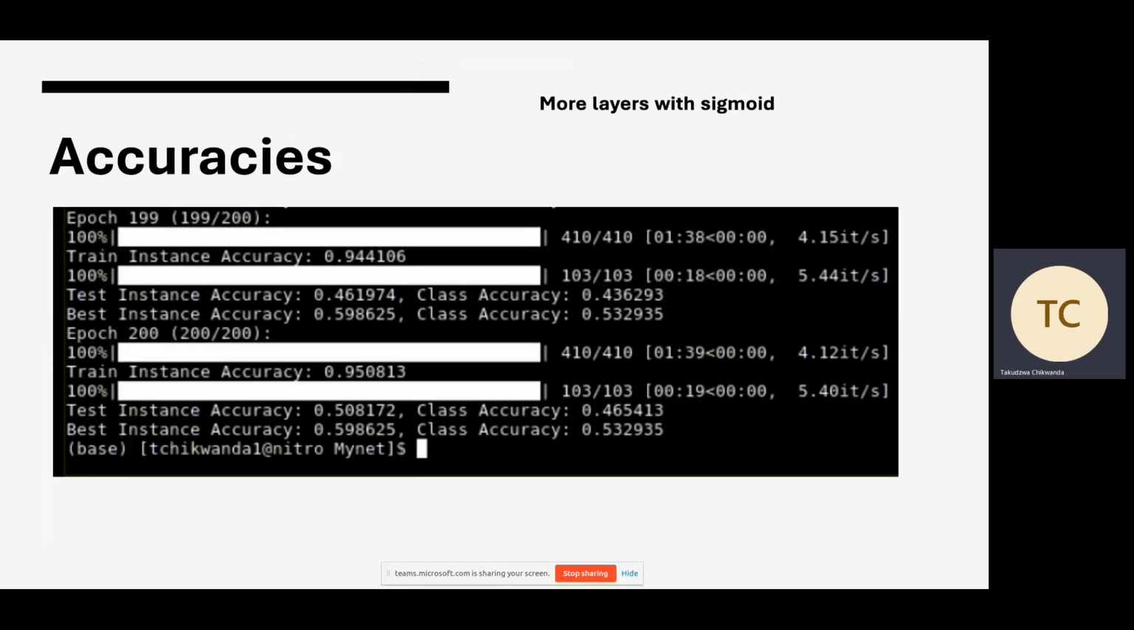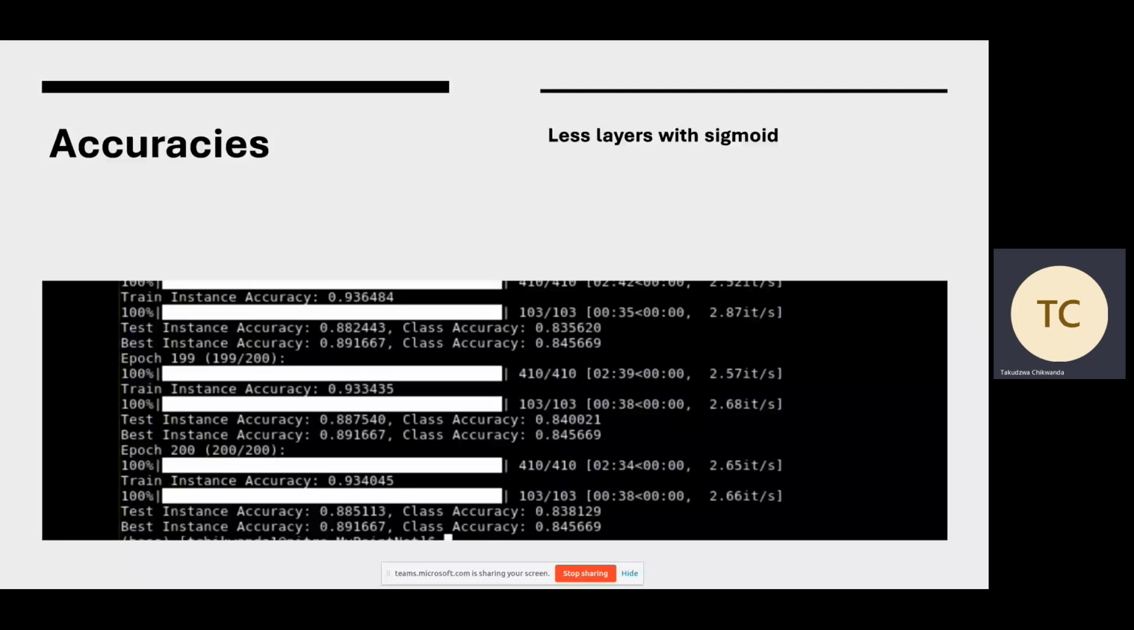It can still classify very well on the training data, but on the test data that it has not seen, it's finding difficulties. Then I reduced the number of layers, put fewer layers with sigmoid, and achieved a high accuracy. I really don't know the science behind that improvement, but I'm yet to investigate that. So the PointNet now